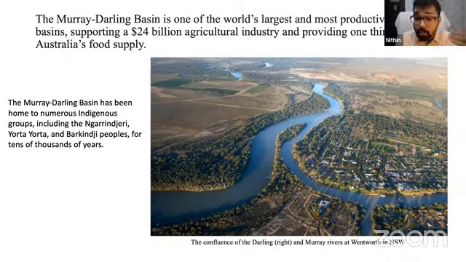So in 2012, the government started a plan to revamp and resurrect the Darling Murray Basin. And the plan was supposed to complete in 2024, but the Australian government has not been able to meet the target, and they have pushed it to 2027, which is a concern to Australians because